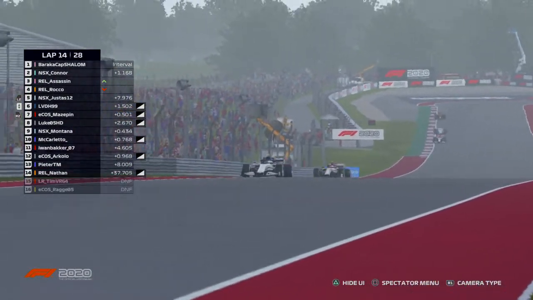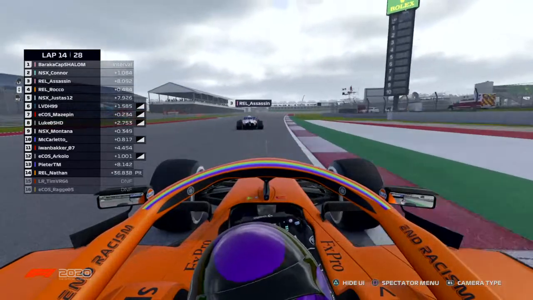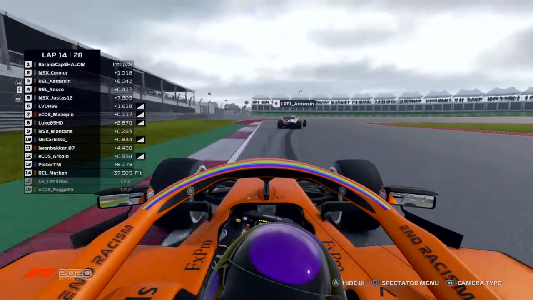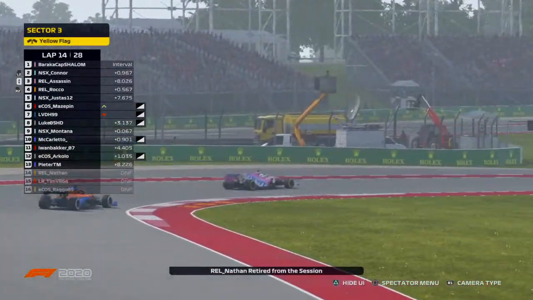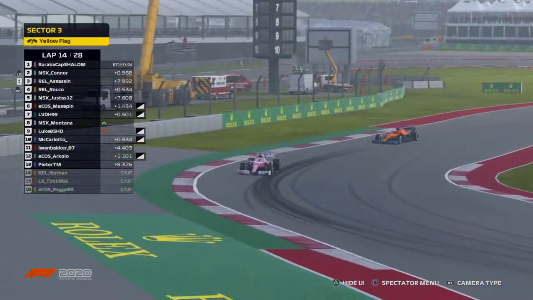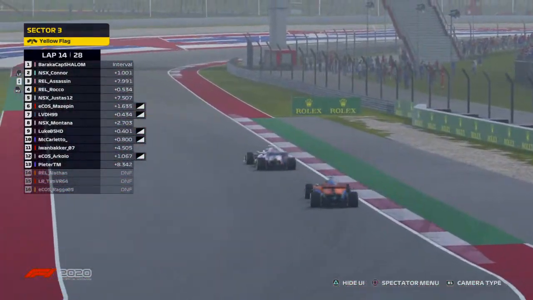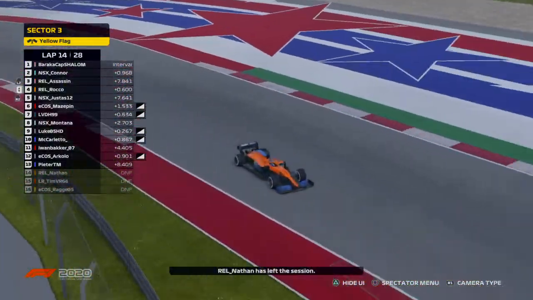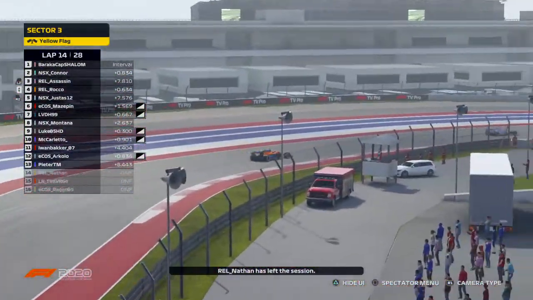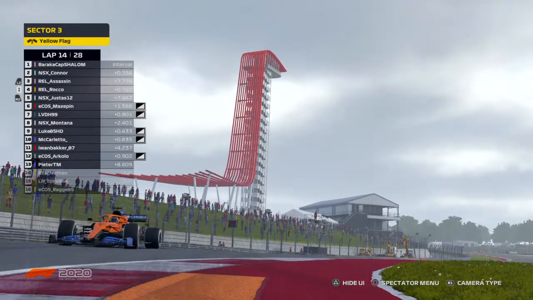As we see Assassin overtaking Rocco as well now. Yeah, Assassin's doing very well on these new mediums, and we see Nathan retiring from the session. I'm not sure if that's a retirement in pits, it could be, but I'm not sure what's happened there. But we see Assassin now on these fresh medium tyres just shooting up the order into the podium